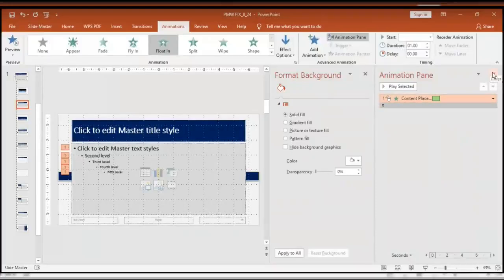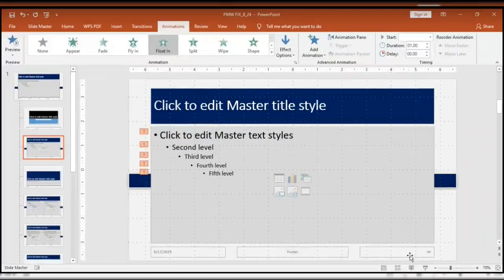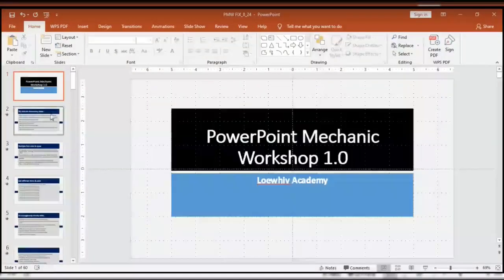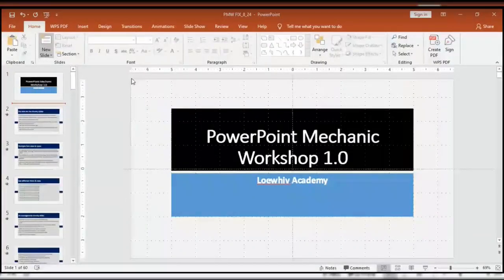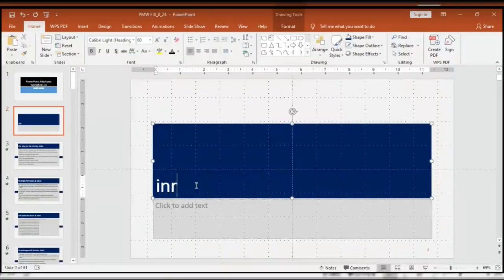I close this, I close this, then I close this. If I go to my slideshow, you can't see it right now, but I'm seeing everything is looking just the way I want it. The last thing is for me to say, okay, I want to create a section here and call it introduction. I use this, introduction. You see this one, I did not change it to be middle, so it will be according to the default,